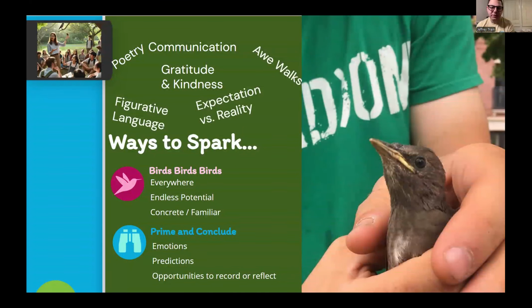So that's really, really helpful. And then opportunities to record or reflect, I always think that's very helpful. I'm very big in that if we're going to go outside and do an activity, I want them focused in the moment and enjoying that. And then they can record and do something after the fact. And I know it is helpful sometimes to do scientific jotting down, and that's wonderful. And I have used that before, but I like to change it up from time to time.